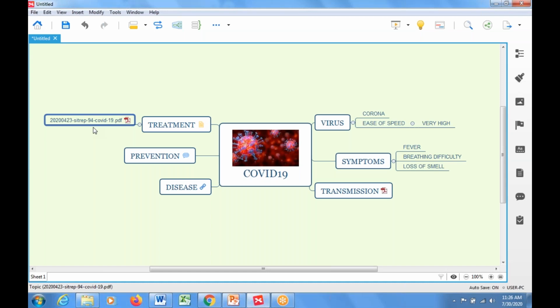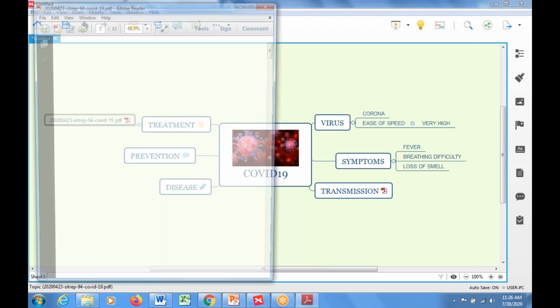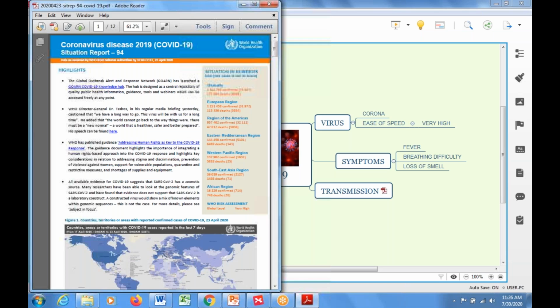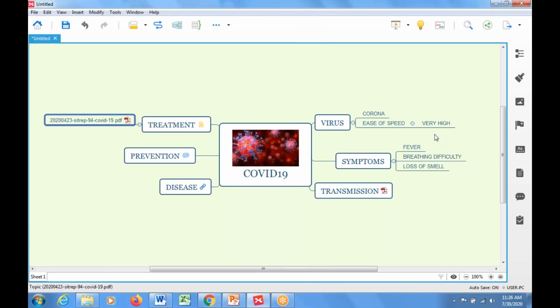It is not in my system. Now it is added as a part and parcel of this particular mind map. If anybody who has access to the particular mind map clicks on this particular symbol, PDF symbol, they will be able to read the entire PDF file. So these are the ways by which you can attach or you can give link to various even external sources to the branches, the concepts what you created for your mind map.